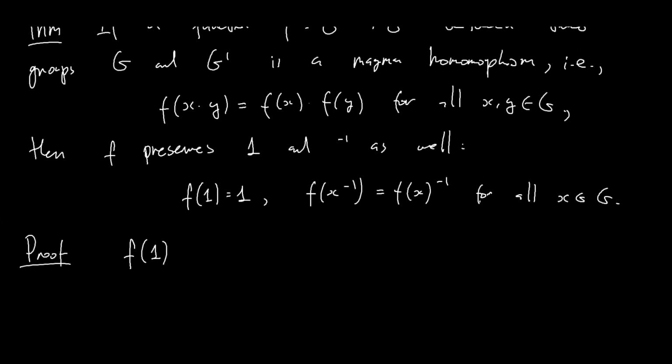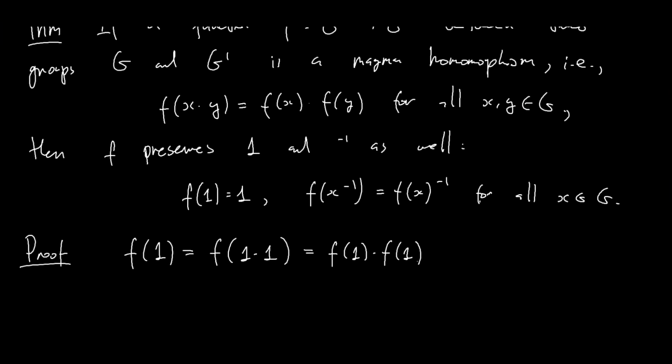The only thing we know is that f preserves multiplication. Any ideas? Maybe this is how we can get this to happen. f of 1 equals f of 1 times 1. Surely you will agree with that. 1 is equal to 1 times 1. But because f preserves multiplication, this equals f of 1 times f of 1,